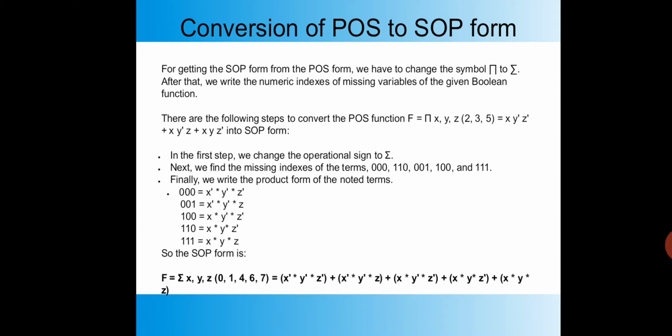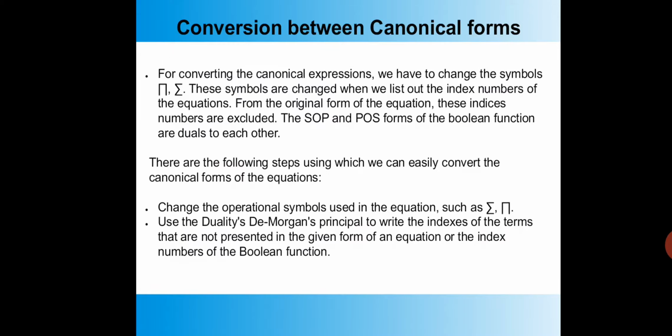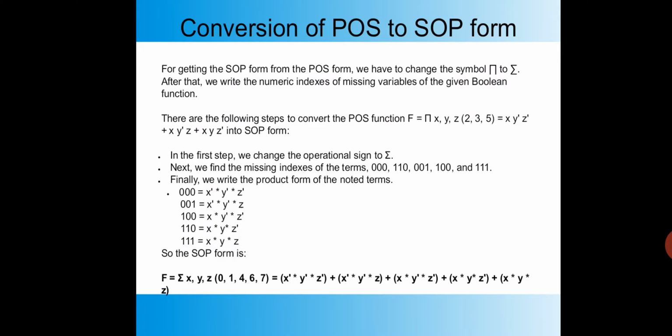If the input is 1, you have to see this table and understand why you go for just x', y' and just z. You have to see why it is just x y z'. All that information can be retrieved by seeing this table, or in the previous video I also put one simple table there. But in that table you don't have the function concept of min and max, but here you have the concept of min and max. Now for 100, how can you write? It is x y' z'. Now how to write 111? It is x y z, because all the inputs are 1. That is the reason you are not complementing the x, y and z values.